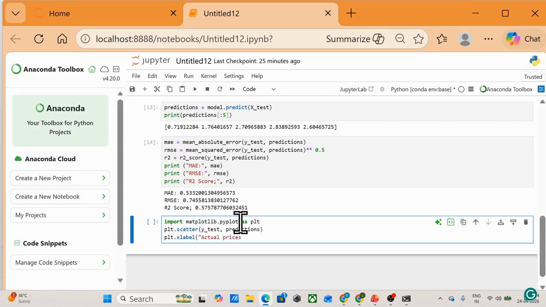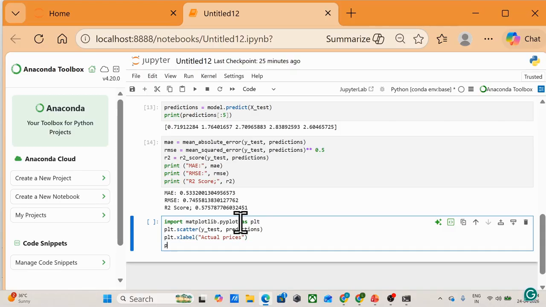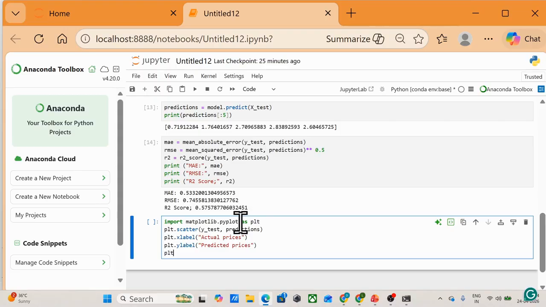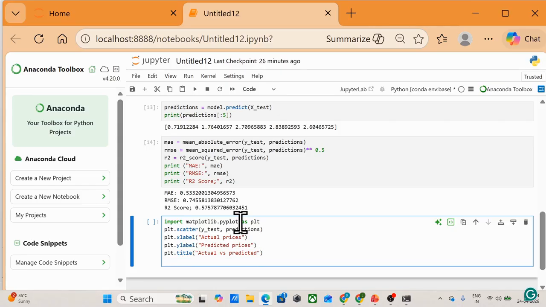And then we'll plot Y label, predicted prices. And then we will plot the title, actual versus predicted.